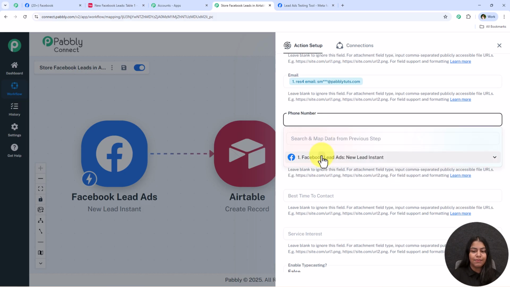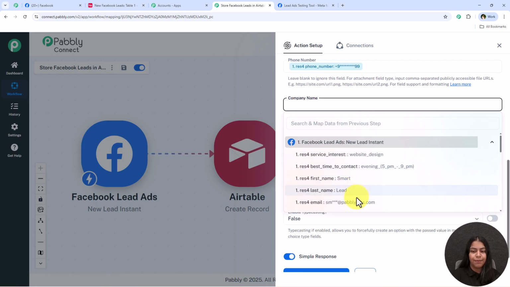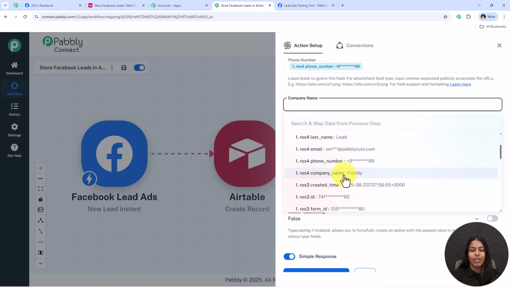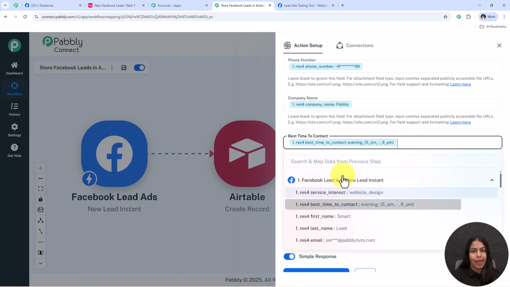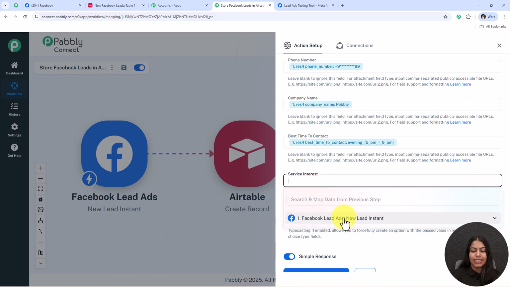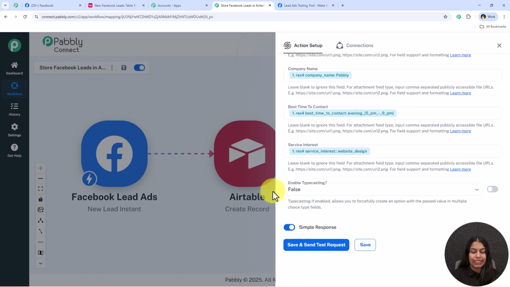And yes, we are simply going to map all of these details from the response of our previous step one by one. And as you can see, it is really easy. You simply have to look for the detail and select the detail to map it. After mapping all of these details, it is saying enable typecasting. So if typecasting is enabled, it allows you to forcefully create an option with the passed value in multiple choice type fields. So it is your choice if you want to enable it or disable it. I am just going to keep it as false